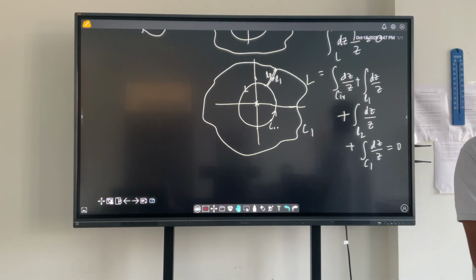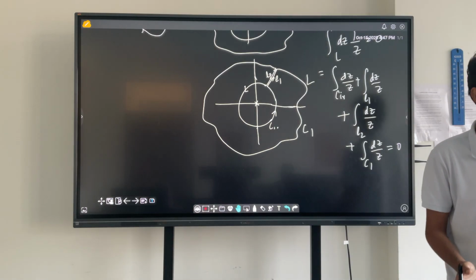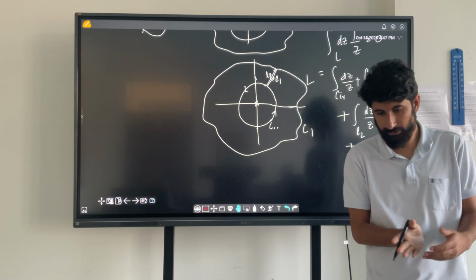Opposite. They should, what? Equal and opposite. They should cancel each other, right? They should cancel each other. It's like it's going from